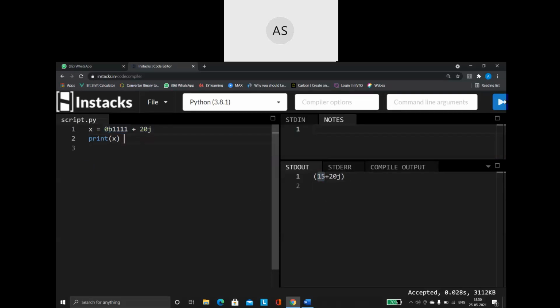That is because of 11111, the binary value of 15. The decimal equivalent of this binary number is 15. That is why when I print x, this binary number is displayed to me in the form of a decimal, and the rest is coming as it is. Now see what happens when I change here. I am going to say 0p.